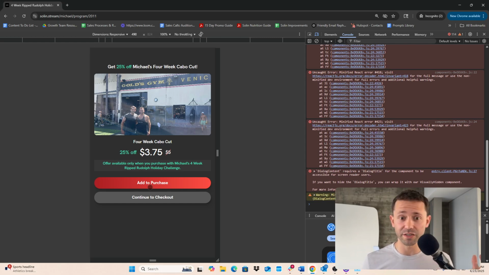So some examples of things you could sell here, right? You could offer the Solin Nutrition Guide that just comes in the software. All you have to do is tap that one button. Or let's say you have a beginner program, you could offer an intermediate program as an upsell. Let's say you just have a program in there and you want to offer a group Zoom call, right? So say you're running a challenge and in week 2, say, if you buy this Zoom package as an upsell, you'll get